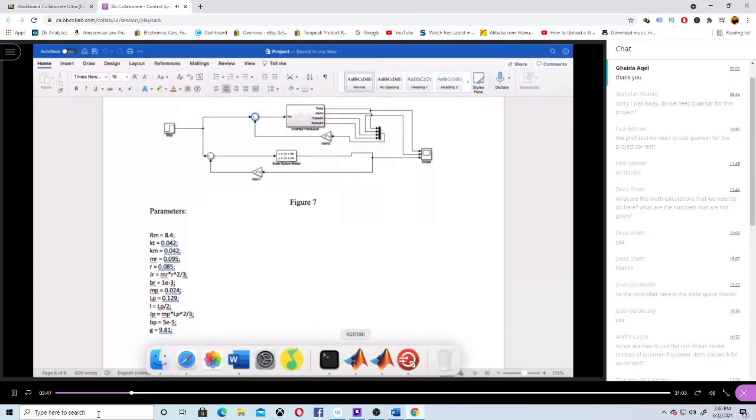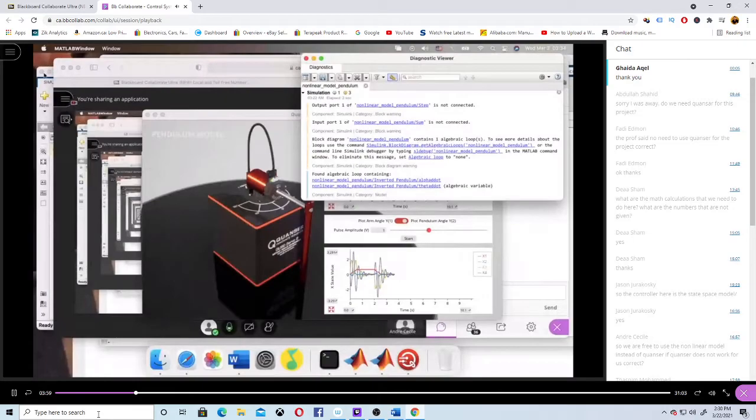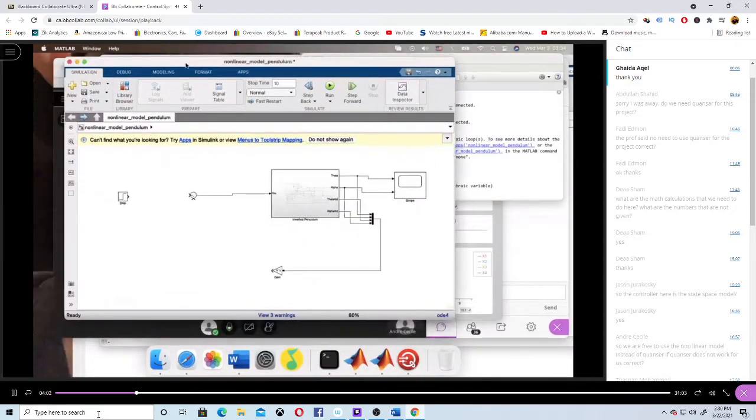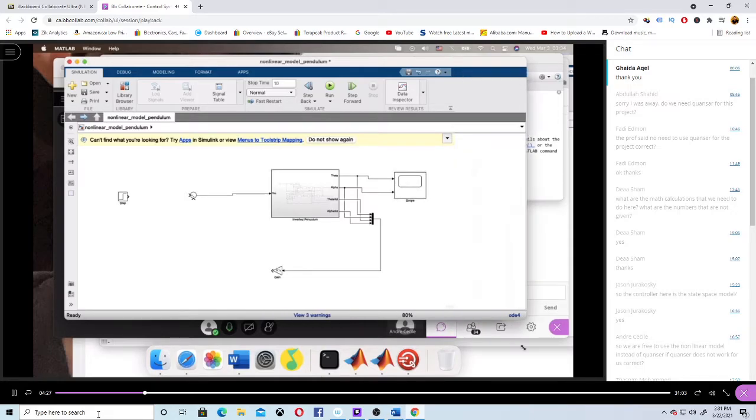So I have the nonlinear model of the inverted pendulum here. I will give you a basic idea how it works. As you can see from this model, this one is a nonlinear model, and one scope is monitoring the angle of the rotatory arm as well as the angle of the rod here. Let me zoom in for you. So when there is no input or disturbance,